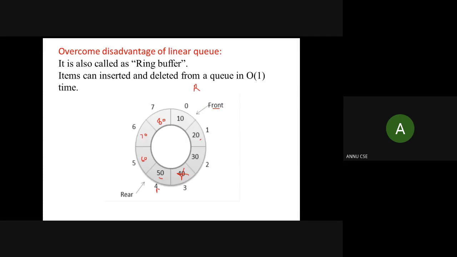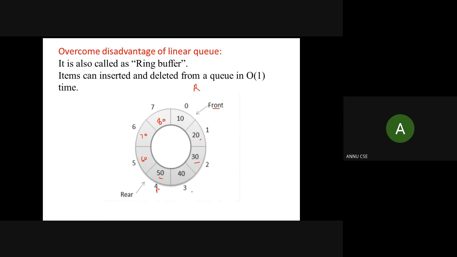In the current scenario rear is pointing to 1, and I have inserted a new element, and in this situation the rear is pointing to index number 2. Again I want to perform the next insertion, and in this case you can see the new element 40 is to be inserted in this queue, and it will be inserted at this place.